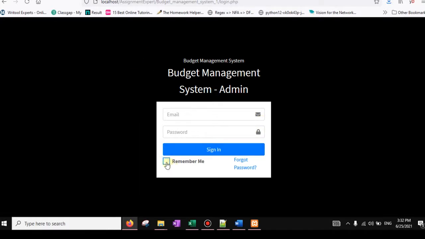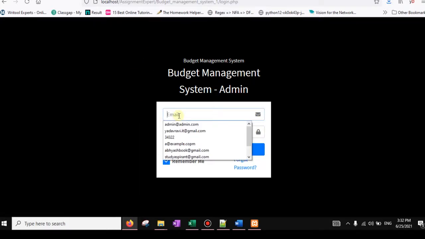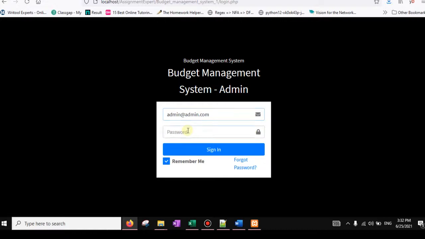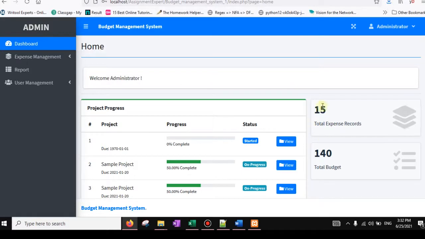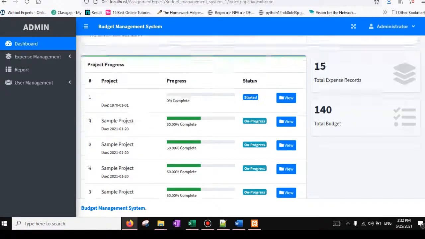So here, if we click on remember password by entering the credentials, admin123, now we are able to save the password in this browser. Here it shows the total expense and total budget, based on the projects.